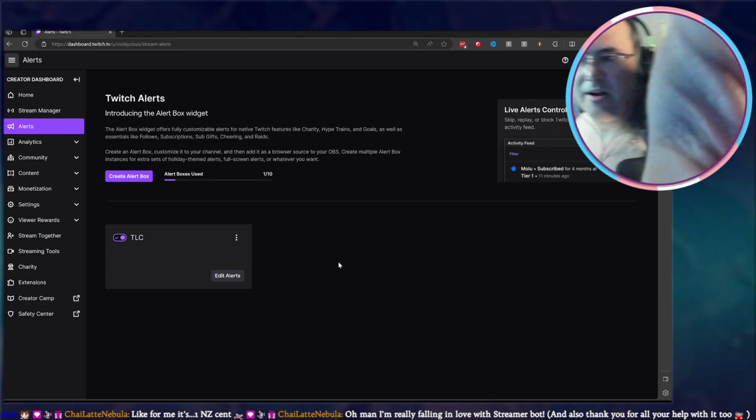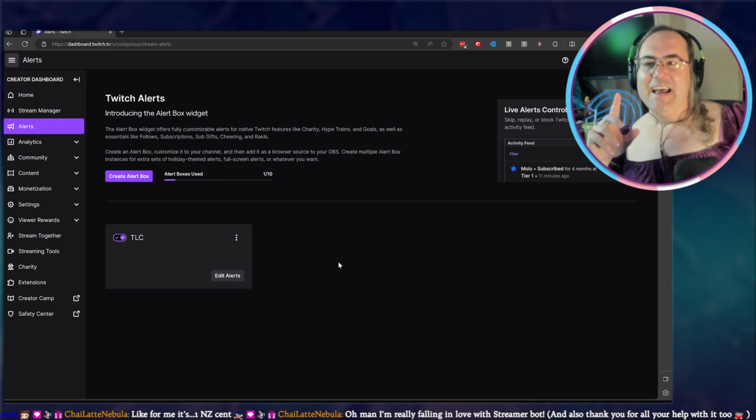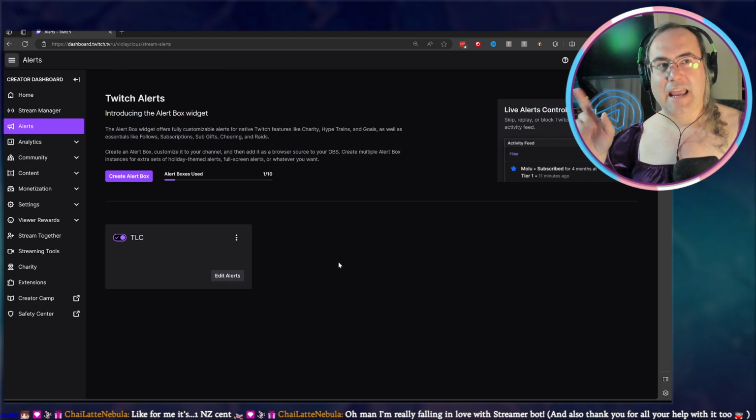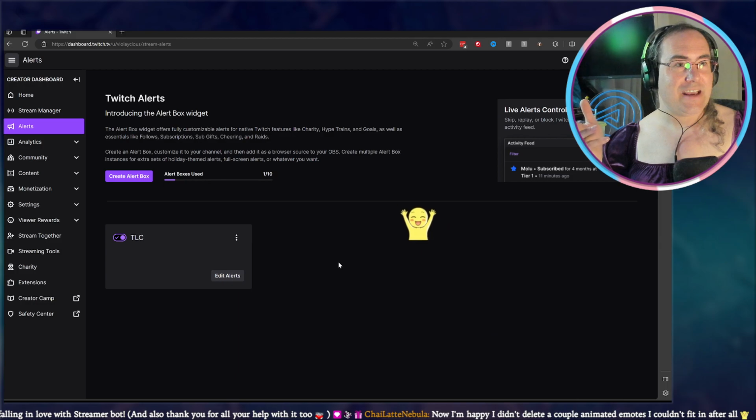Oh, I've got my camera twisted today. So yeah, in here, they're going to have those alerts. And if you're using their alert system later this year, they'll do a blog about it, of course. But with the holidays, their goal is that you will be able to unlock additional animated emote slots by using this alert system. So it's going to be interesting to see what's going to happen.